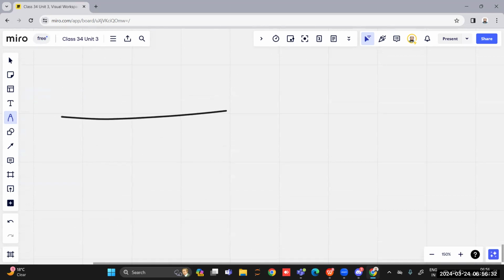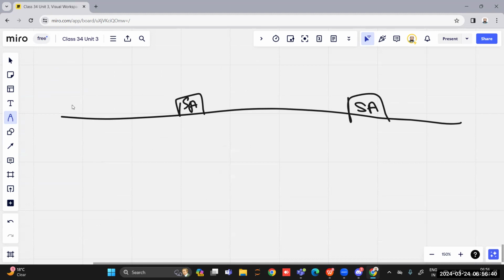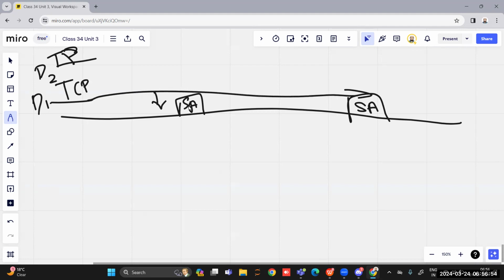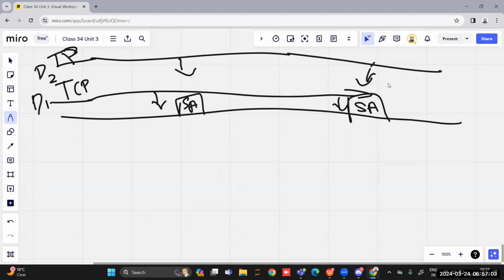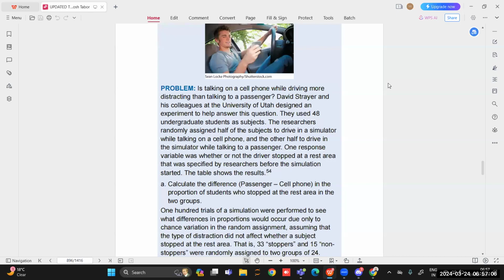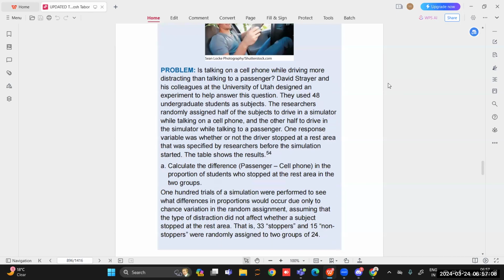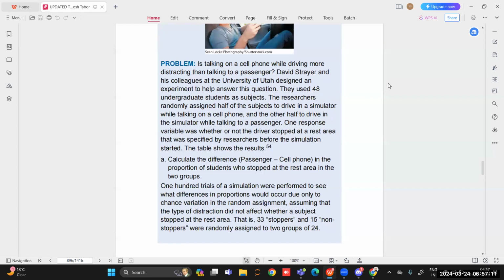For example, this is a driveway. The researchers have given the stop area here and here as the rest areas. We cannot draw a long road. So the driver starts, driver one and driver two. One is talking to a passenger, and the other is talking on a cell phone. We'll start the drive and see whether driver one stops at both of the resting areas, or driver two, who stops the most at the resting areas. By the way, calculate the differences in the proportion of students who stopped at the rest area in